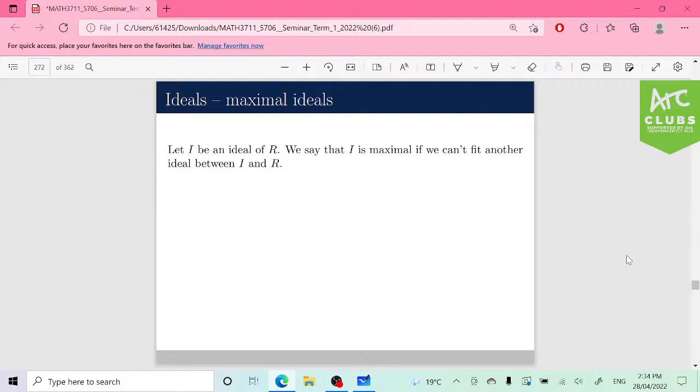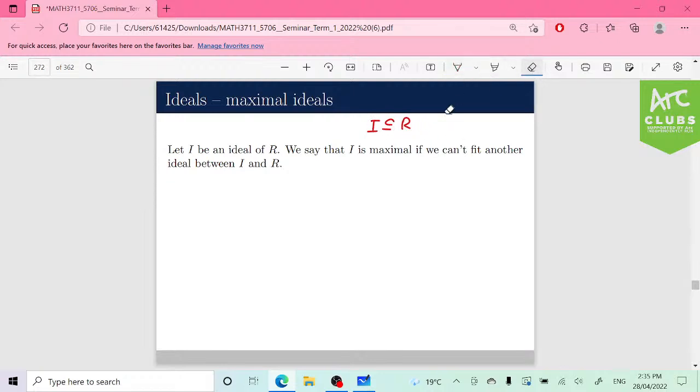All right, so once we talk about principal ideals, we can start talking about other types of ideals as well. So the second ideal that we might like to talk about is a maximal ideal. A way to think about this is if I consider I to be maximal, then there is no other way to fit an ideal between I and R without the ideal being exactly I or R. So if I had an ideal that was a bit bigger than I,